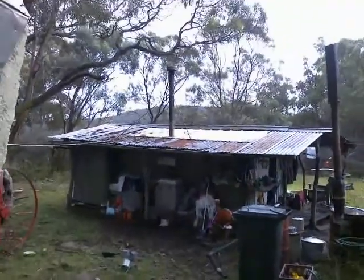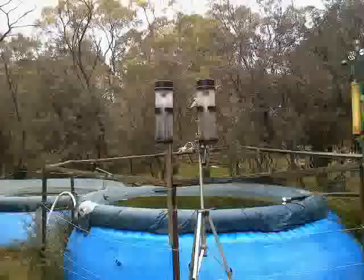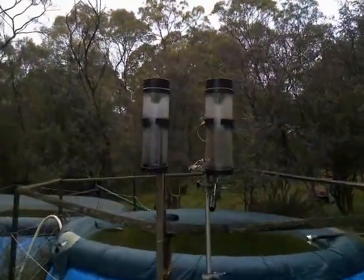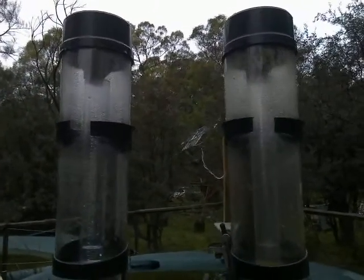Sunday morning, 11th of June. Last night there was a little bit of rain. Yesterday we had some rain. Last night the minimum temperature was 7 degrees here under the trees. And as I prepare for the usual Sunday morning broadcast, we have some more evidence in the great rain gauge